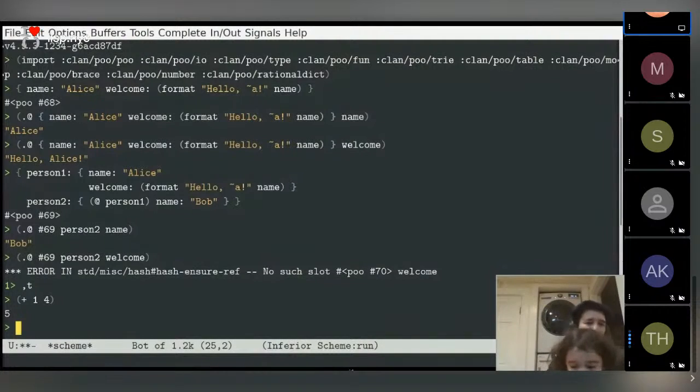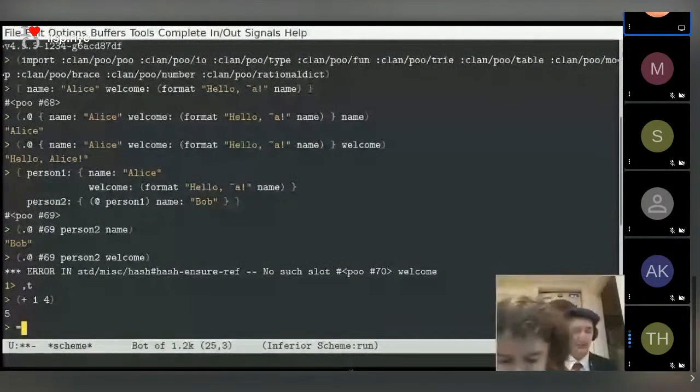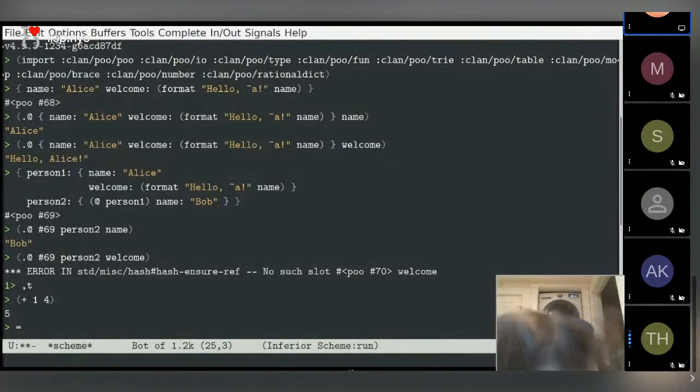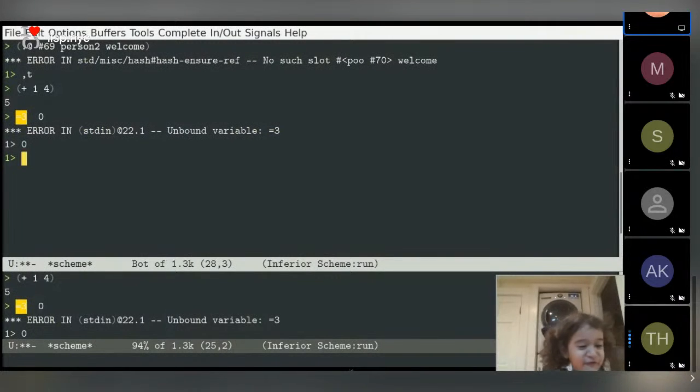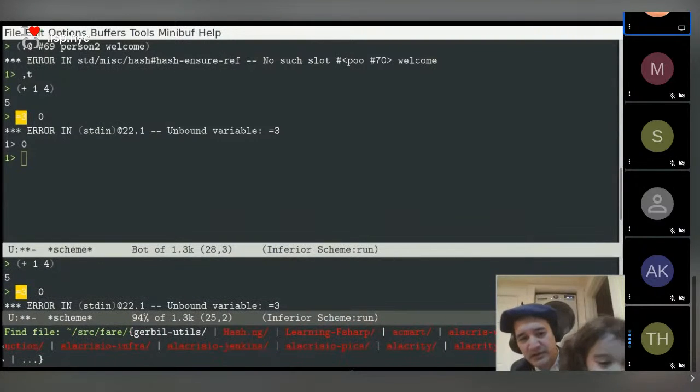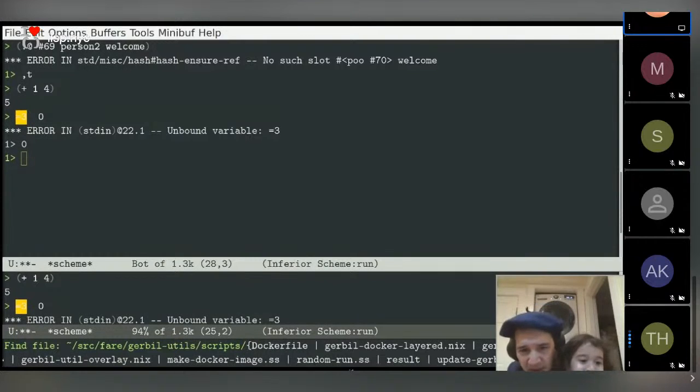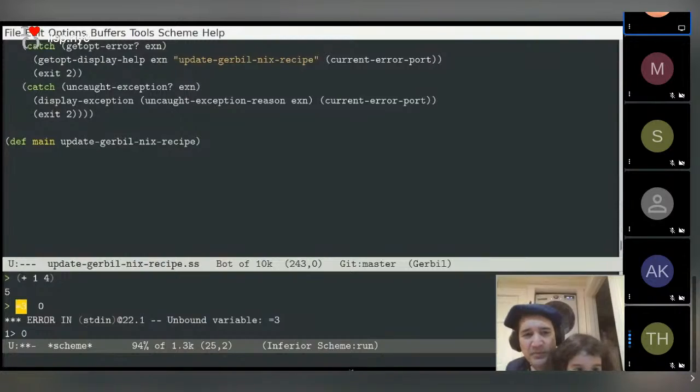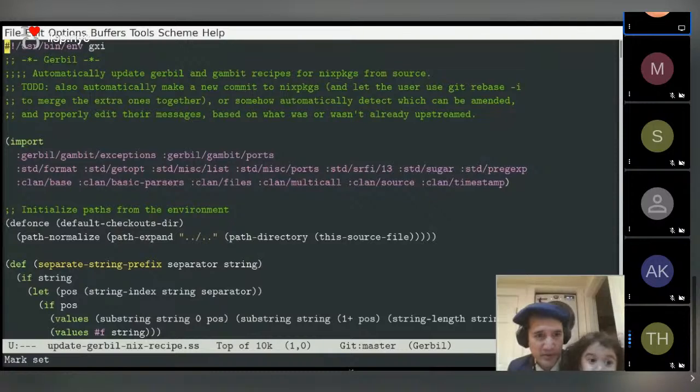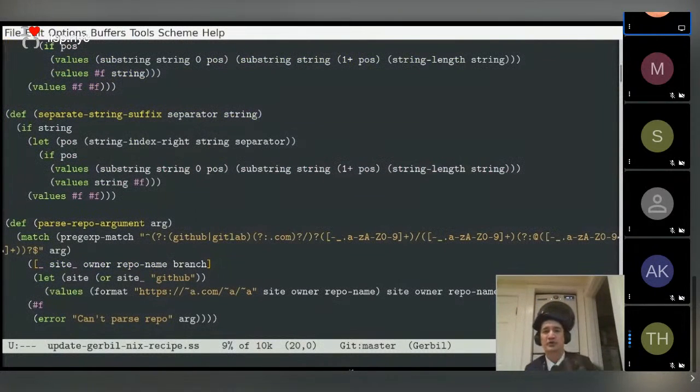Other questions? Fare, you showed us some NixOS configuration files before, and I noticed that Nix has been mentioned a couple times with Gerbil Scheme as the ease of building stuff. But have you done any work in generating Nix configuration with Gerbil Scheme? No, I've done Nix by hand, using Nix's built-in prototype object system. I have not so far generated Nix from Scheme, although I have some programs that use Nix. If I look at, for instance, Gerbil util/scripts, you can see something: Update Gerbil Nix recipe. I have a script written in Gerbil Scheme that will indeed update all my files in Nix with the proper versions. So when I push the